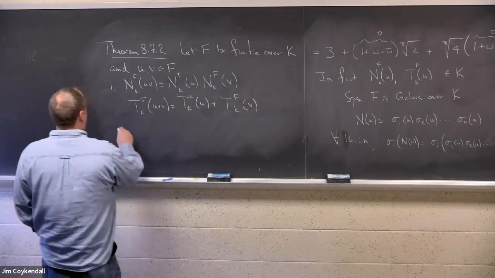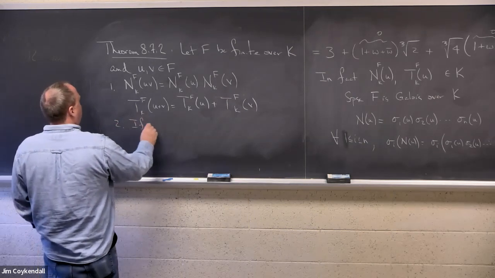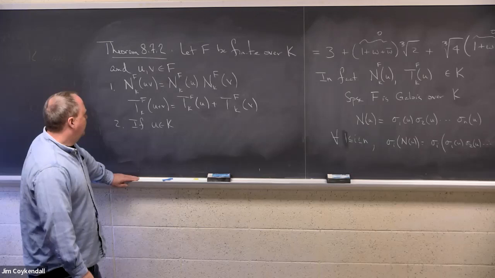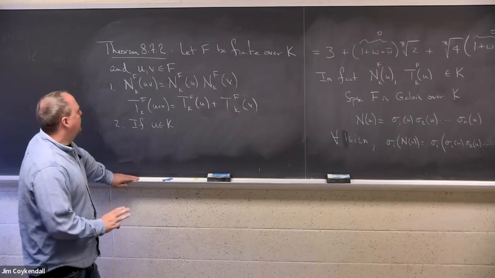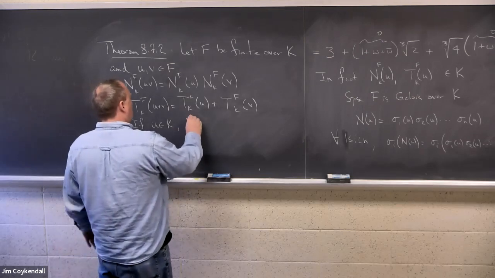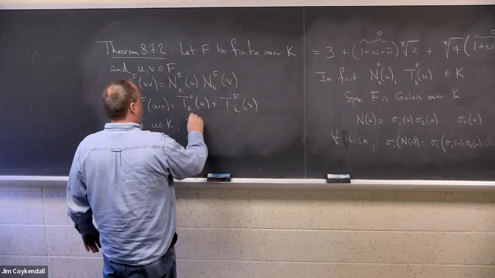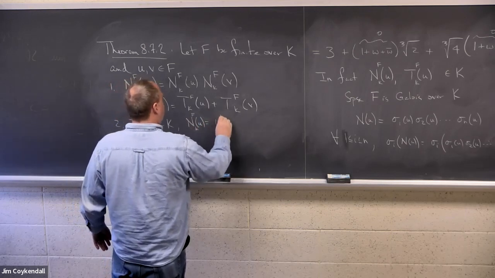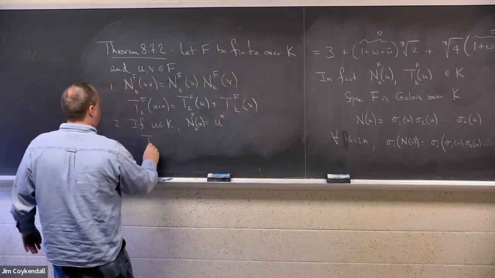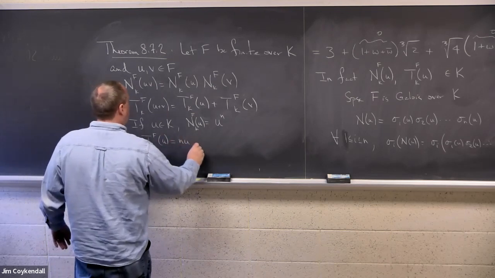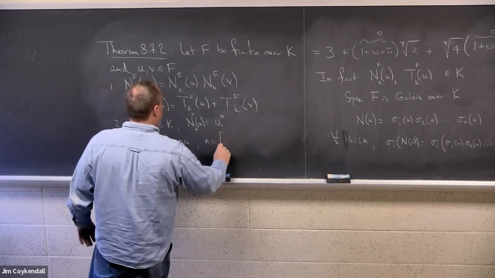Number two, u is in K. So suppose you've already got the element u. I know it's in F, but suppose all the way down to the base field, then the norm of u is u to the n, and the trace of u is n times u, where n is the degree of